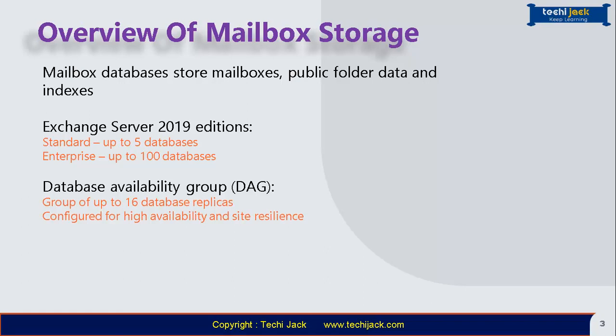Mailbox databases can also be configured for high availability, and in doing so the content of one database is replicated to multiple databases. In fact, the content of a mailbox database can be replicated to a group of up to 16 databases located on different Exchange servers, and this grouping of Exchange servers is known as a Database Availability Group, that is called DAG. And DAG plays a critical role in automating the recovery of the Exchange environment following a database, server or network failure. Access through client access services.